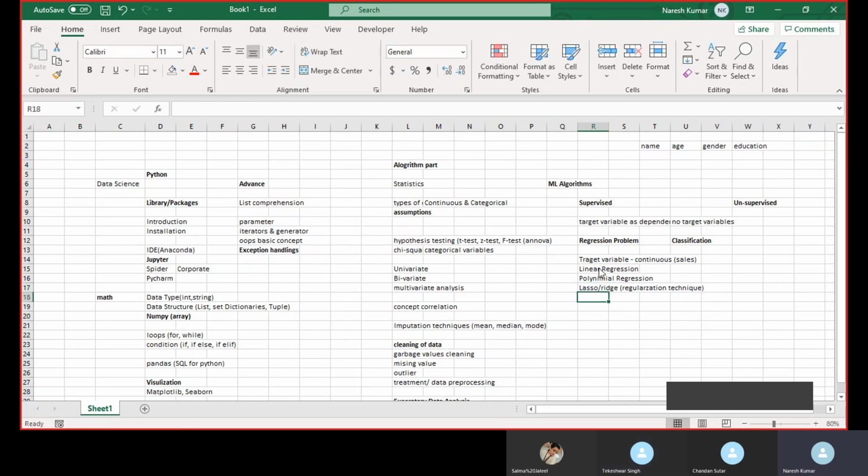We can use decision tree regression. We can use random forest regression, or we can use XGBoost as regression. So these are for regression.